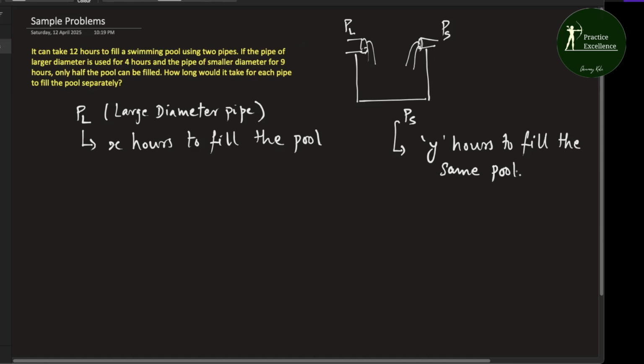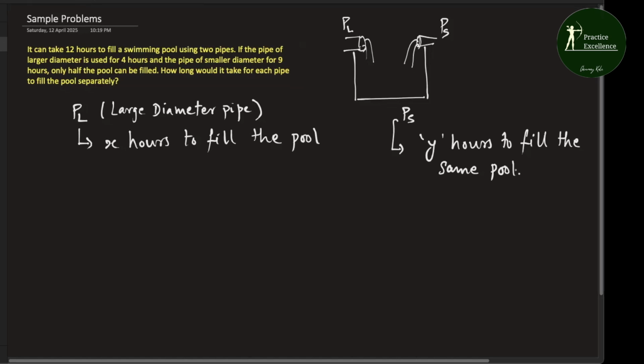So it can take 12 hours to fill a swimming pool using two pipes, right? So if PL takes X hours to fill the pool, then PL, in 1 hour,